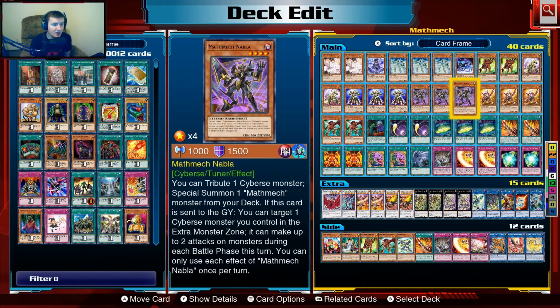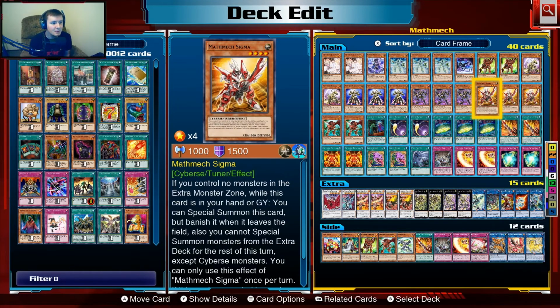Tribute is also a tuner. You can tribute 1 Cybers monster, special summon a Mathmech from your deck, and if this card is sent to the grave, you can target 1 Cybers monster you control in the extra monster zone, and it makes 2 attacks that turn. Next is Sigma, which is probably